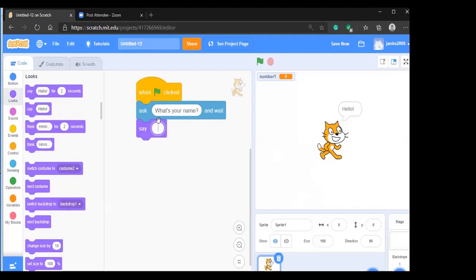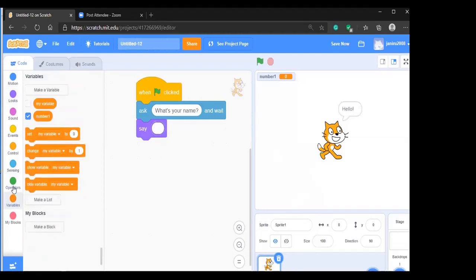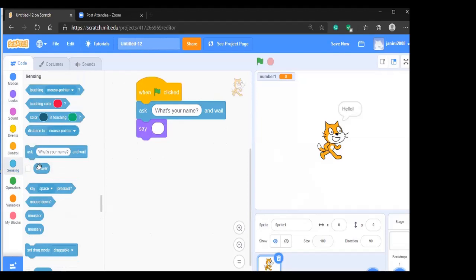So in Scratch, when you ask a question and the answer is stored or remembered in a variable, we call it the entity called answer.